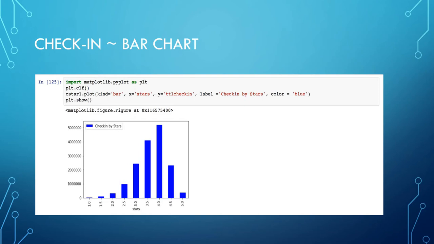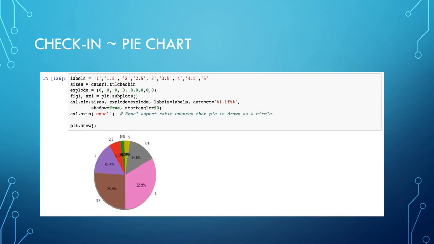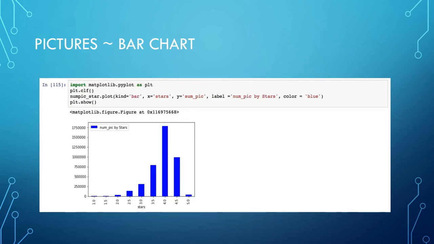Another interesting insight from this graph is that there are more 4-star check-ins than 5-star check-ins. We would in some ways expect a direct linear relationship from 1 to 5 for the number of check-ins, and that does not appear to be the case in this visualization. We also created a pie chart showing similar information, where 33% of the check-ins are at 4-star rated restaurants. And then we also analyzed the pictures posted and saw a very similar relationship, where not many pictures